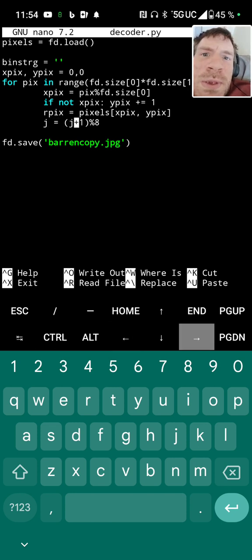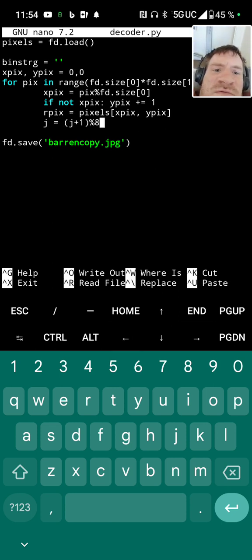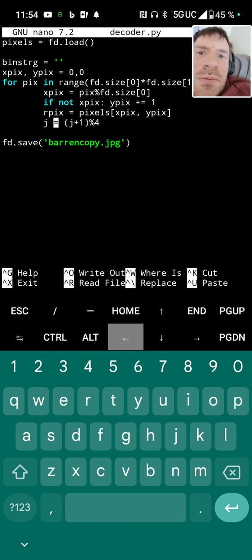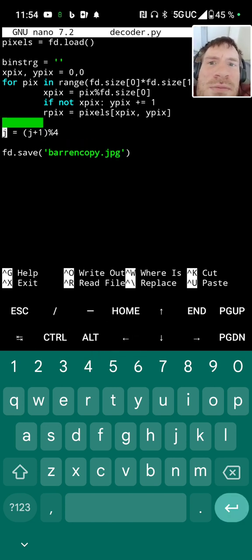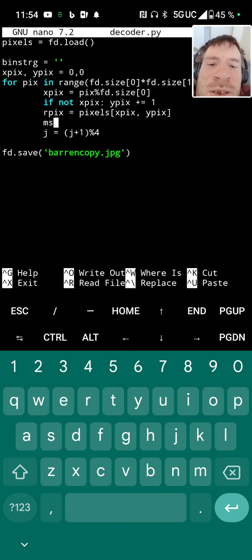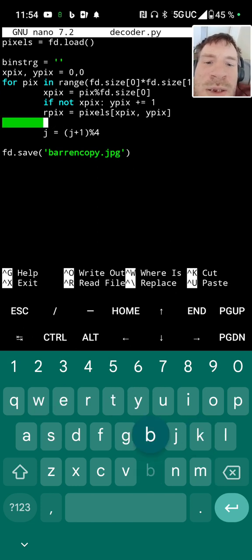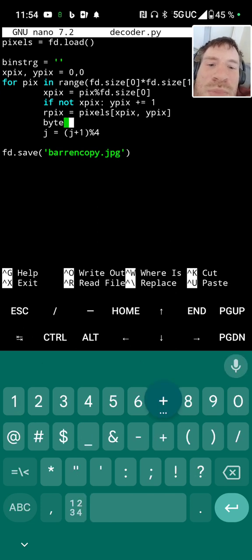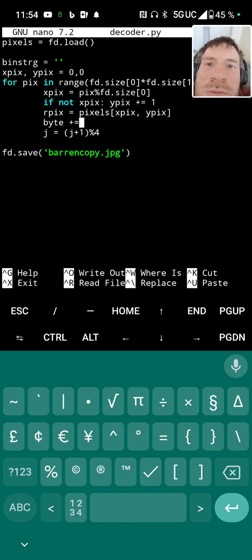Actually, 2, 4, 6, 8. 4, actually. Every 4 pixels. j. So then bits, let's see. r_pix, msg, byte plus equals